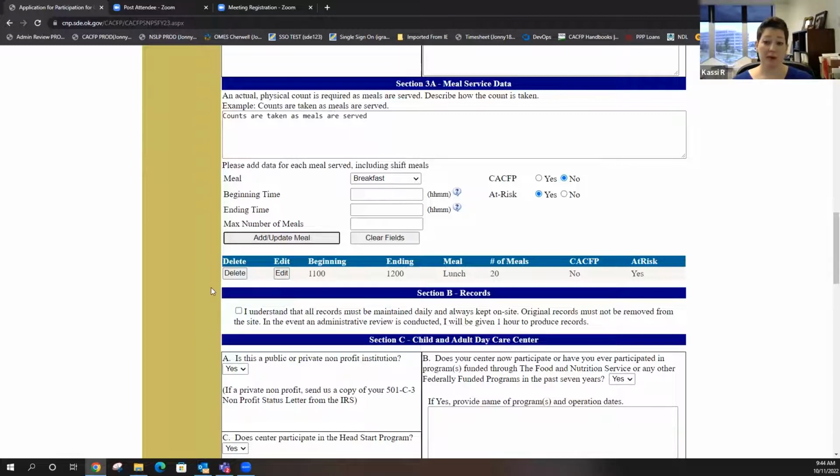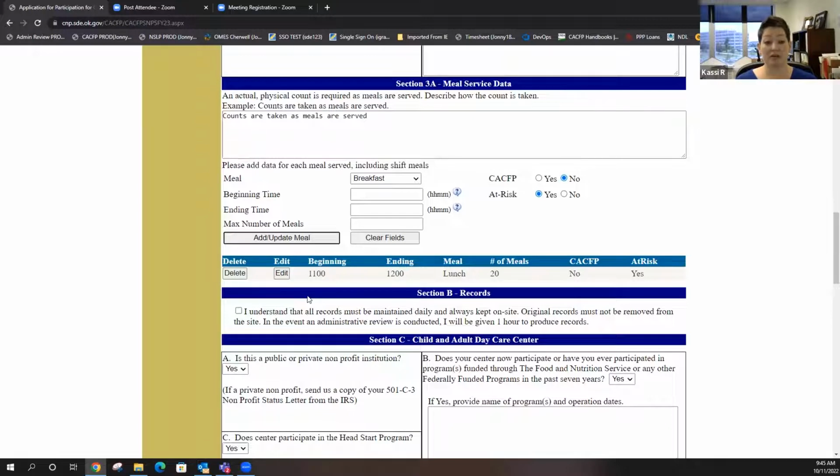Then our auditors come back in April, May, and they pull our claim data and they say, why did you pay ABC daycare for suppers? They don't have a supper time listed. You paid them for meals they weren't eligible for. And you guys know as well as I do, if you try to claim a meal in claims that you don't have a time for, it's not going to let you. But there's no proof of that after the fact.